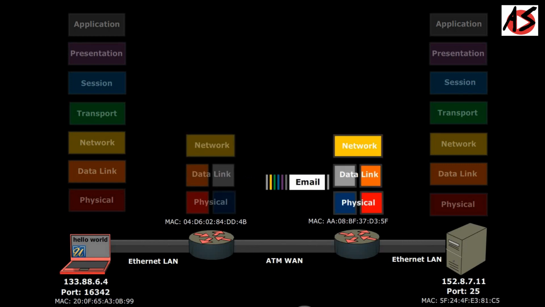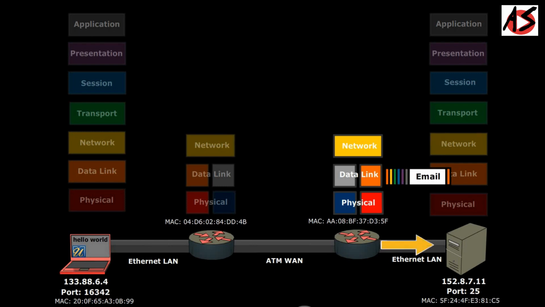Now the router sends the data to the next connected router via the physical layer. After that, the router removes the data link information and sends the data to the network layer. Again, the router uses the IP address and decides the next path for the packet.